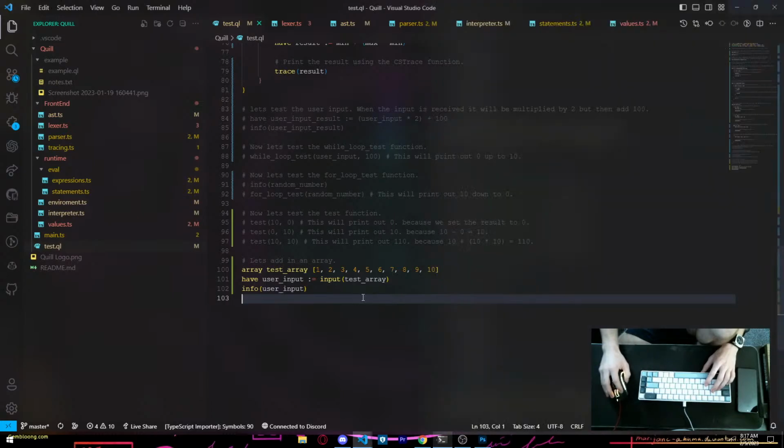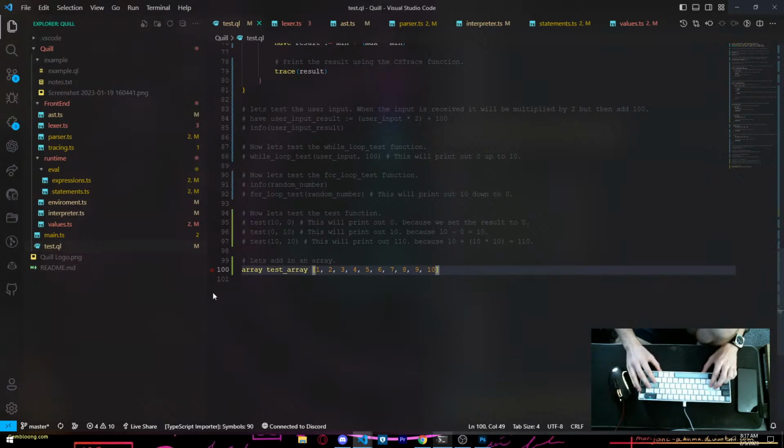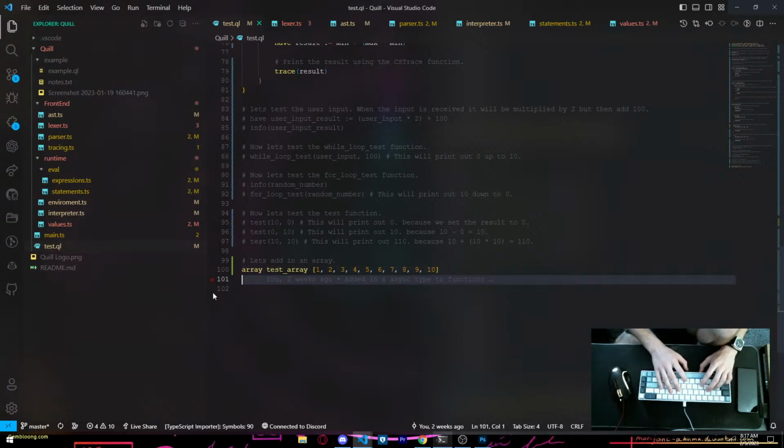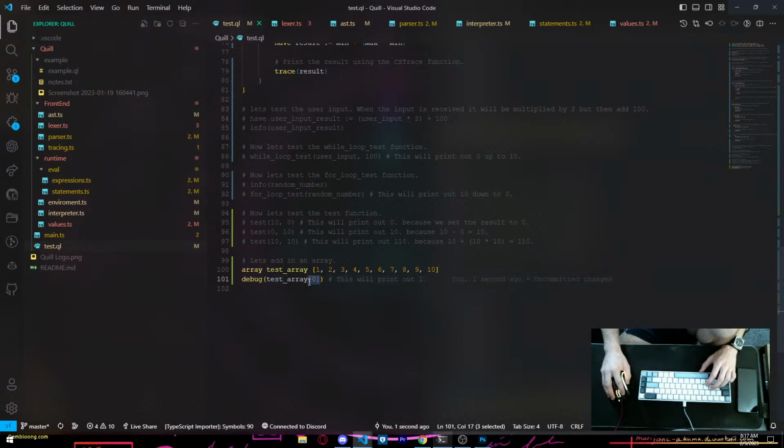Damn. I thought that would work. Debug. Well, that doesn't work yet because I haven't set that up.